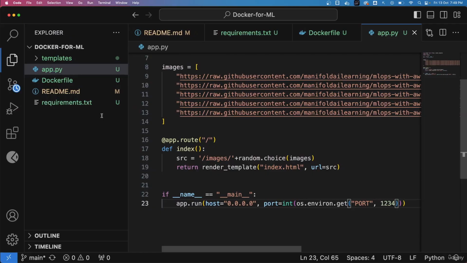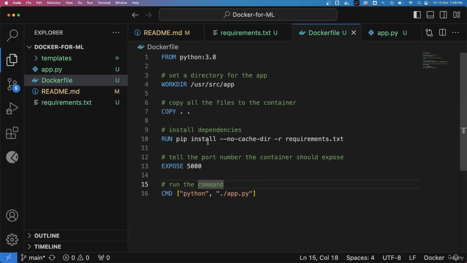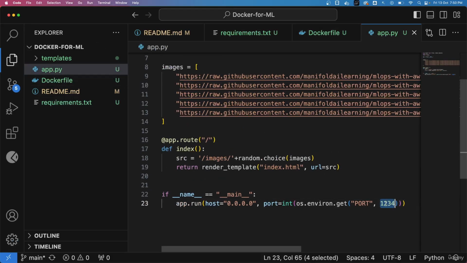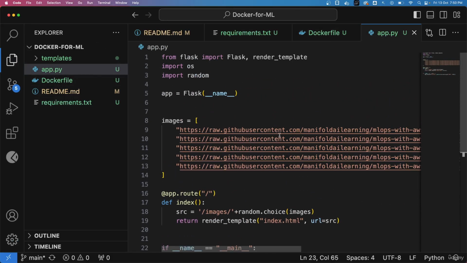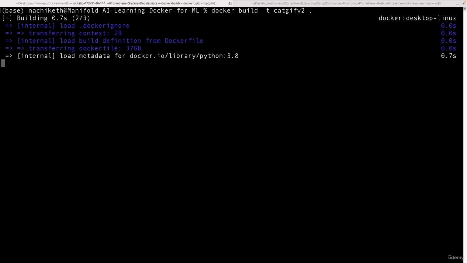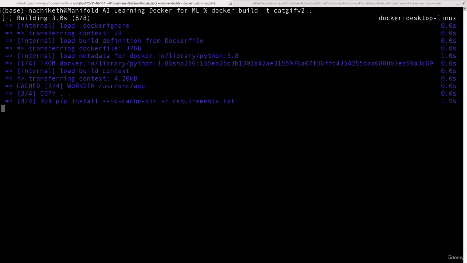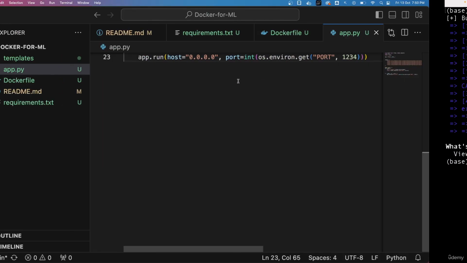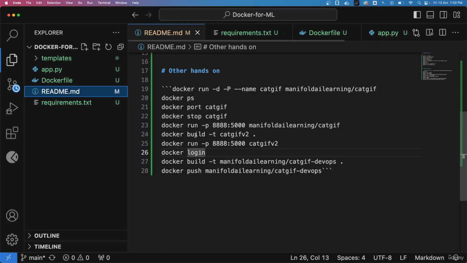So I think it's unable to replicate it. We can recheck and look into it at a later point, but I hope you have got the idea. So let's see it this way. I'll just expose it to the port 1234. I'll do one more trial. Okay, I'll build the Docker image again. Once I build the Docker image with Python 3.8, one reason could be the Python version. Then I'll go ahead and run the command of